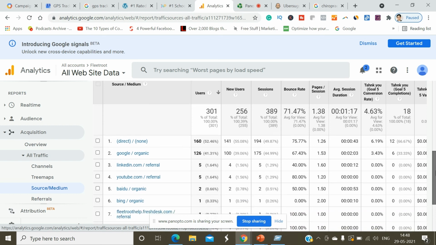From Google: 126 users, about 100 new users, sessions 175, bounce rate 67.43%, pages per session 1.53, average session duration 2 minutes 3 seconds. We got 6 conversions from Google, and overall direct conversions we got 12. So this is how you get all the data.